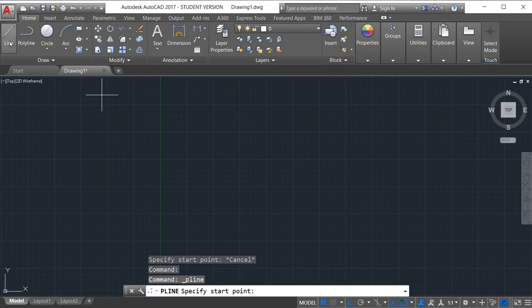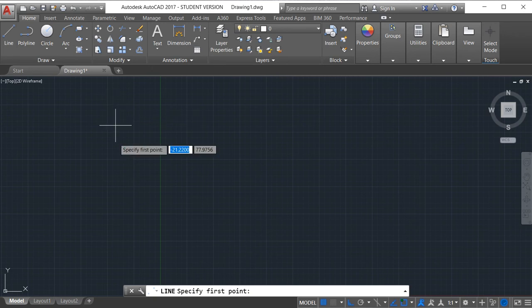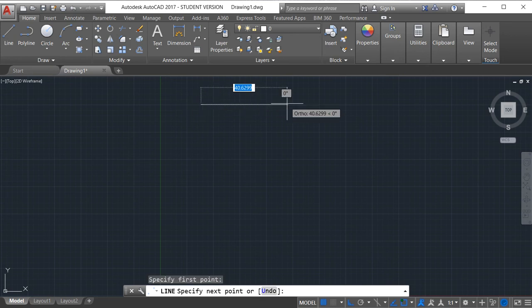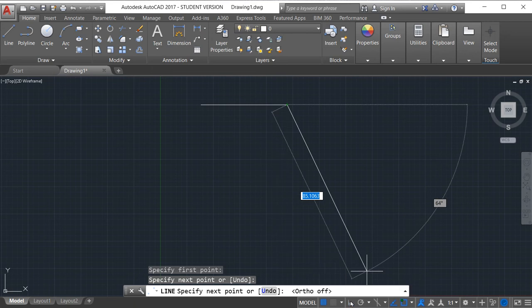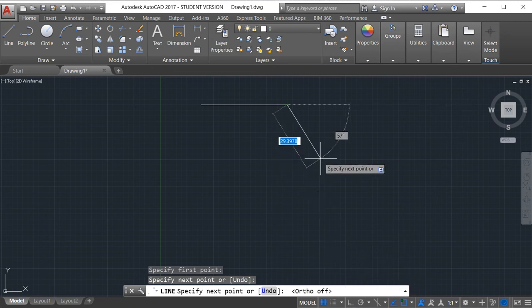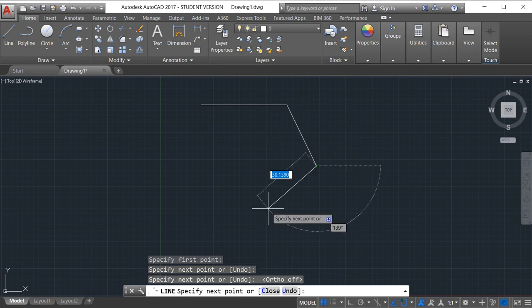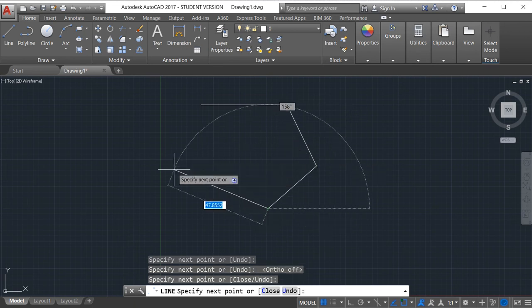So now click on the line and specify the first point. See here, this is my first point and this is my second point. I will turn on the ortho mode because ortho mode only enables us to draw in horizontal and vertical directions. This is my third point. This will be my fourth point. This will be my fifth point.